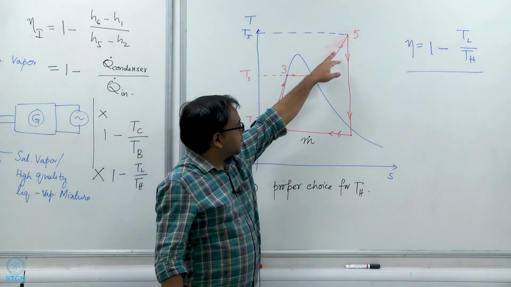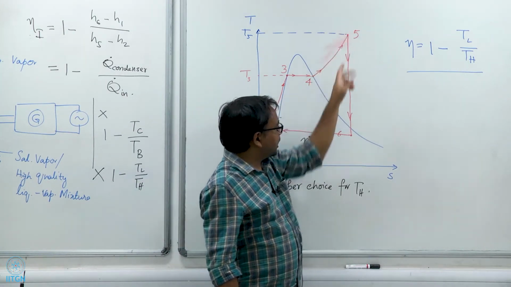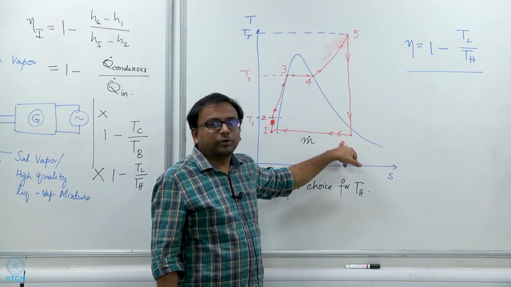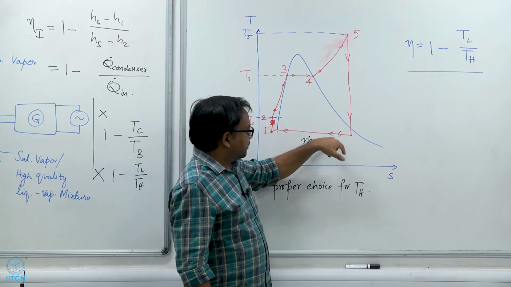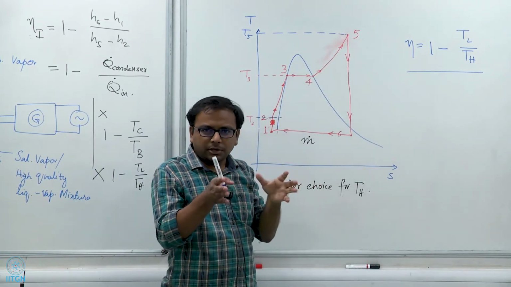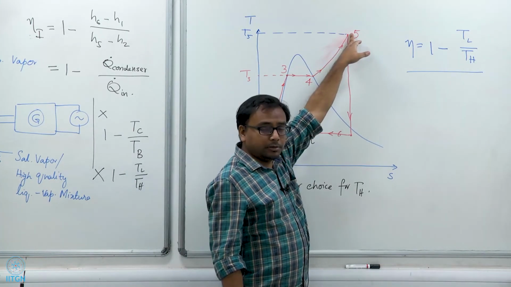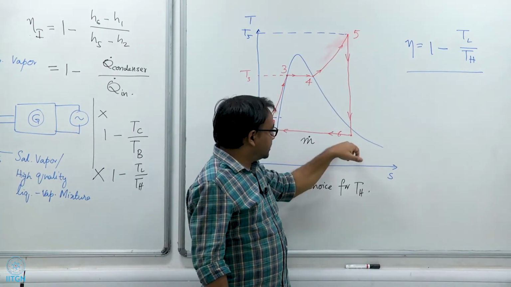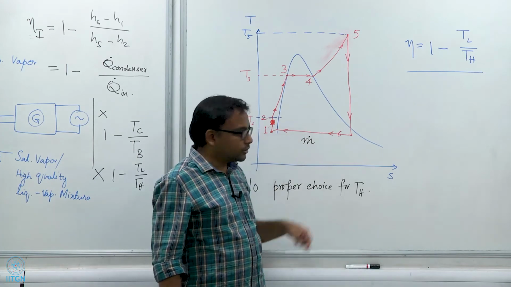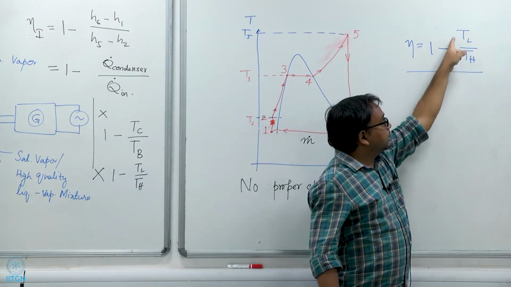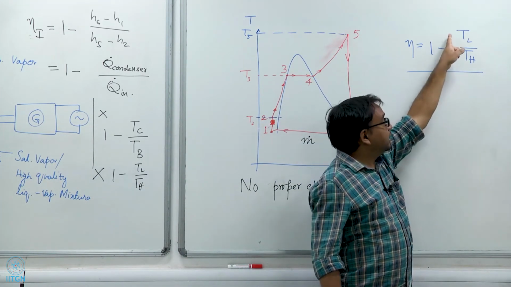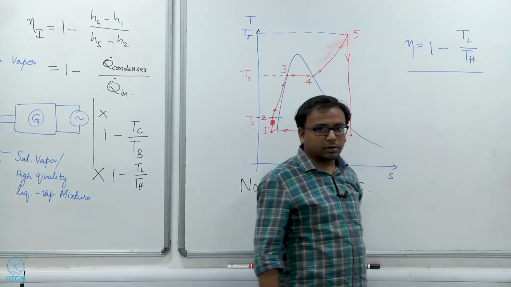So, as we can see, the highest temperature and the lowest temperature are kind of fixed. There is some room for maneuverability, but not too much, because this is limited by the properties of the turbine blades and this is limited by the surrounding temperature. So, both of these are limited by what is happening either in the surroundings or how the turbine is being designed.